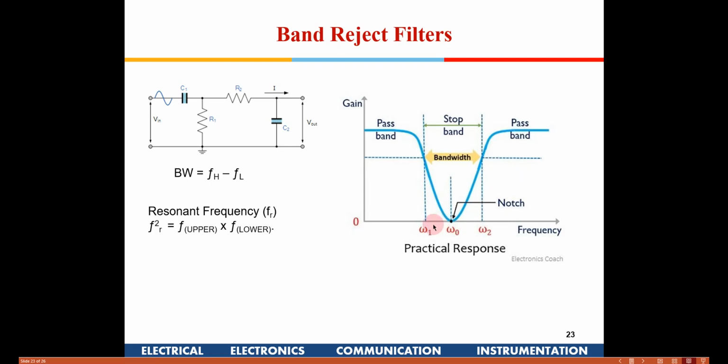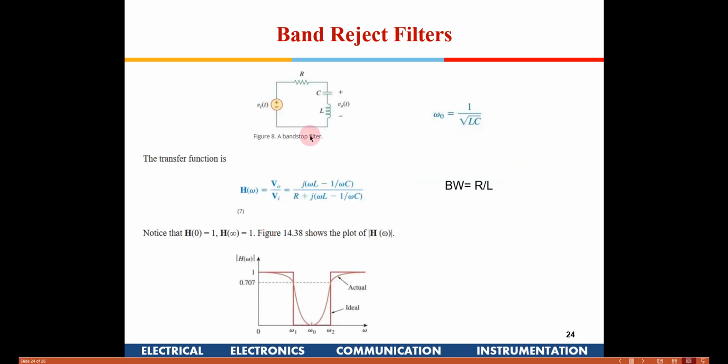So we have to ensure that omega 1 and omega 2, the high pass cutoff frequency, this will be the high pass cutoff frequency. For all frequencies above this it will pass, and for the low pass filter, this has to be, so all frequencies. So if we swap these in this design, the values of HL, you will get a band reject filter. Okay, again the rest of the things remain. This also you don't have to remember, this circuit. So in this way also you can realize a band reject filter.